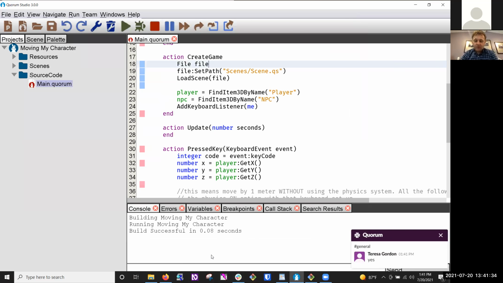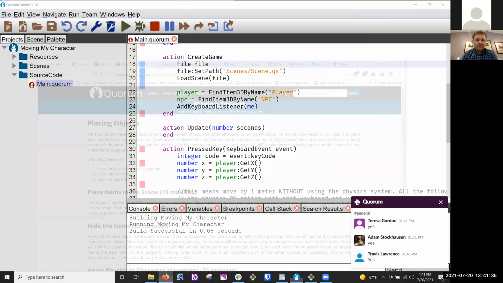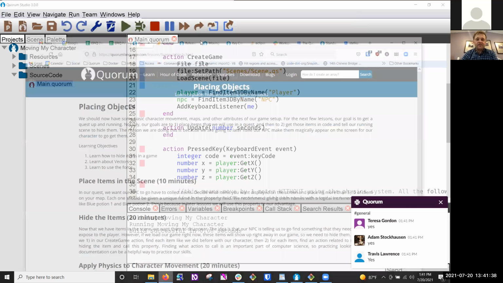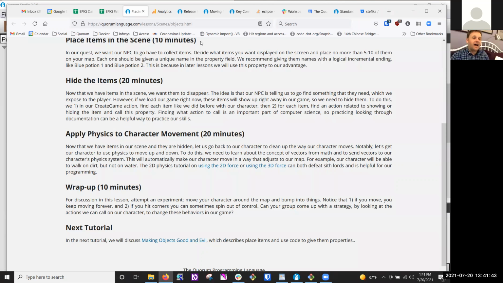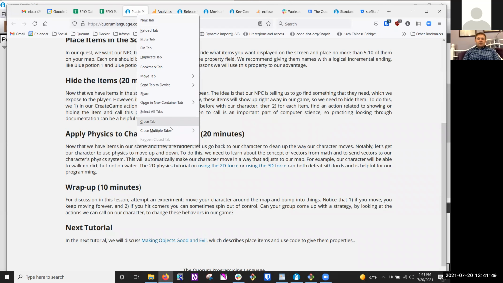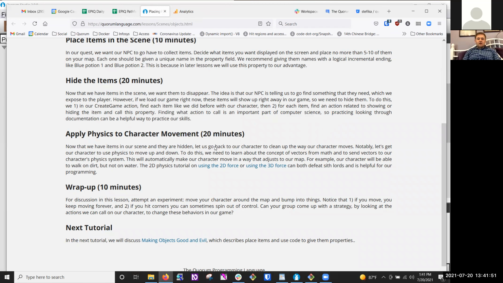Okay, so now let's go back to the lesson. If we look in the lesson, the first thing that we do says 10 minutes, but we'll do whatever time we need. It says we're going to place some items in the scene. For this scene, close other tabs. It first says we're going to place items in the scene. That means we have to